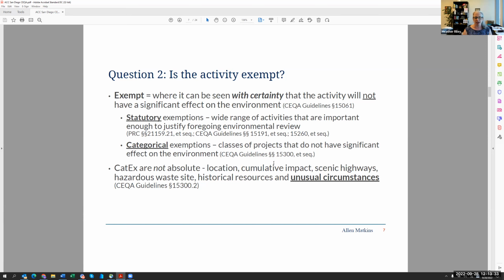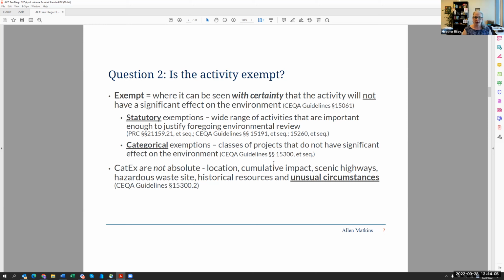So the two on the screen are statutory and categorical. Statutory means that there's just a box the legislature has determined are clear. Statutory can include a variety of things. The most common we often see are when the legislature decides, most recently, a stadium is exempt or subject to some sort of streamlined, modified exemption. In the past, when the LA Olympics were here in 1984, the legislature cleared almost all of the LA Olympic building from CEQA as a matter of course.